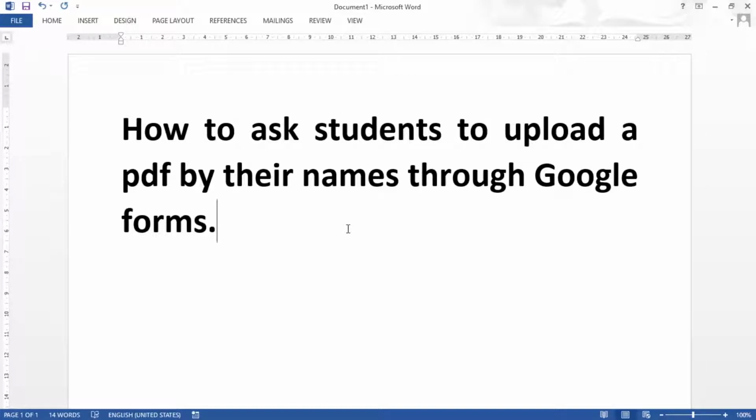So I thought there is one option we can use to ask students to upload their file in that particular location, and from there only we can access the number of files with their names. One column will be their name, so by their name the file will be stored in that particular Google Drive. So this option is there. We can do these things by using Google Forms. How we can ask students to upload their file and how we can prepare the Google Form, that I will demonstrate in this video.